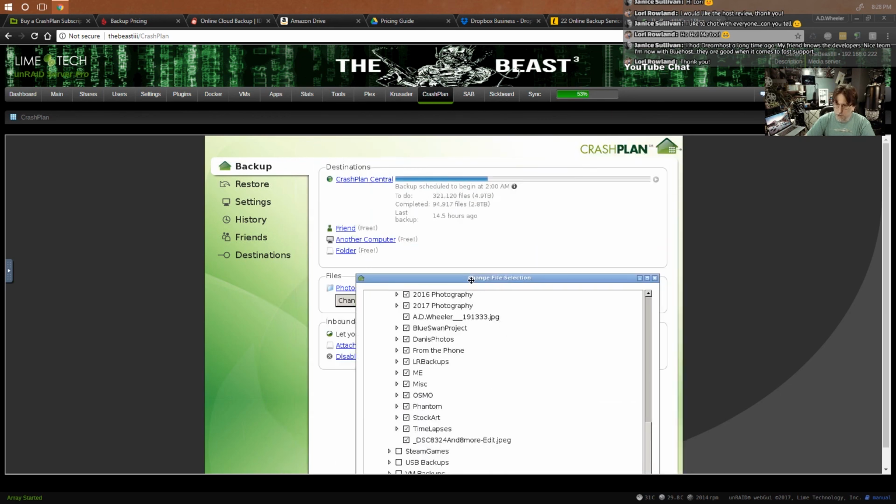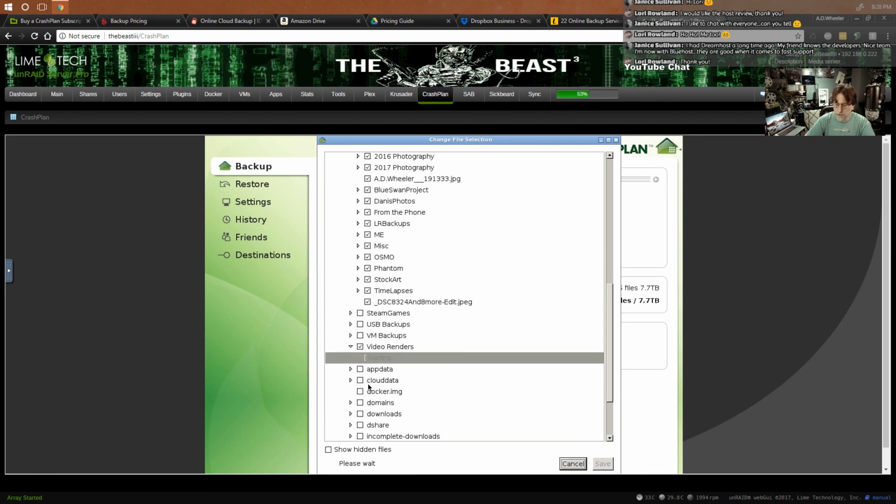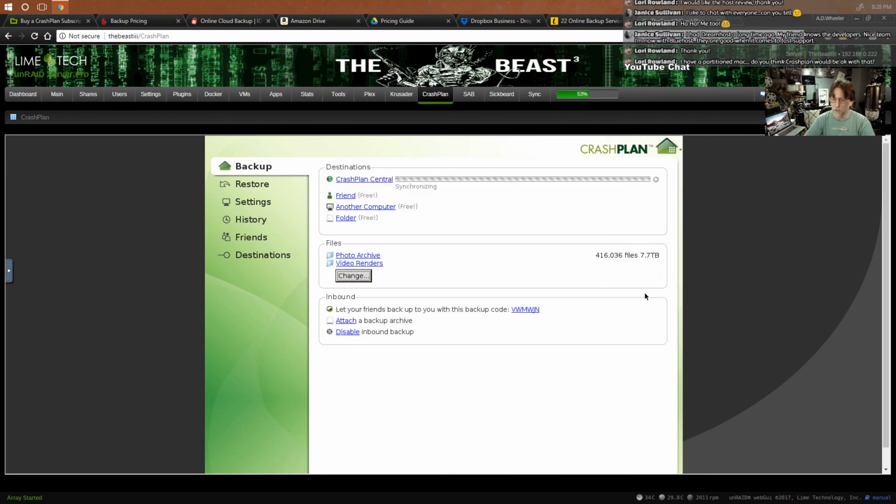So it may actually be indexing the files now that I clicked go. Yeah, it's indexing, I think, all of the files. So I'm just going to hit save and it's going to do its thing. And you'll see this number over here, this 7.7 terabytes, which is currently just my photos. It's going to add to that. And now you can see with videos, it's adding these files. So now it's going through and scanning a complete list of files. And then once it has all those files indexed, tonight at midnight, it will start to go through and